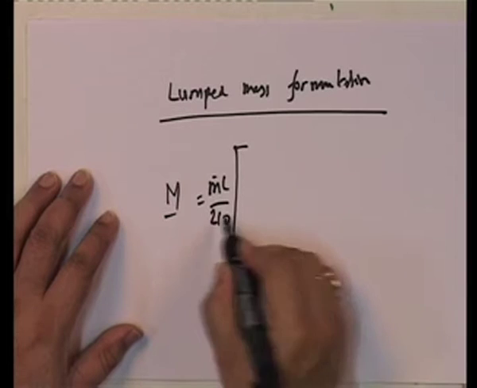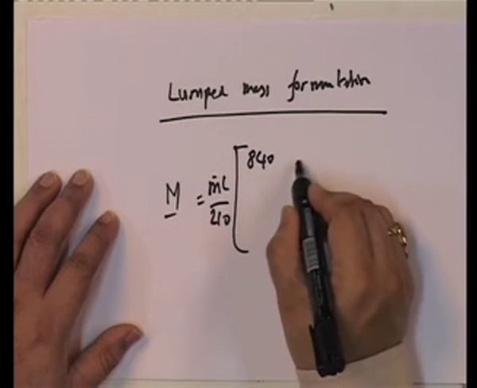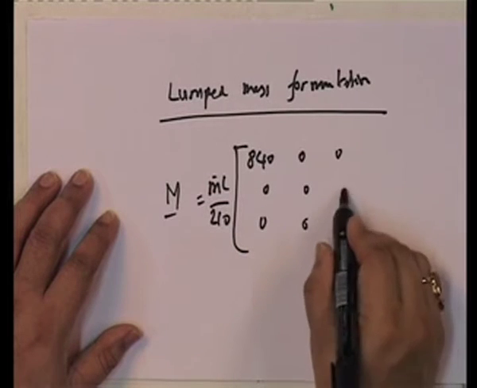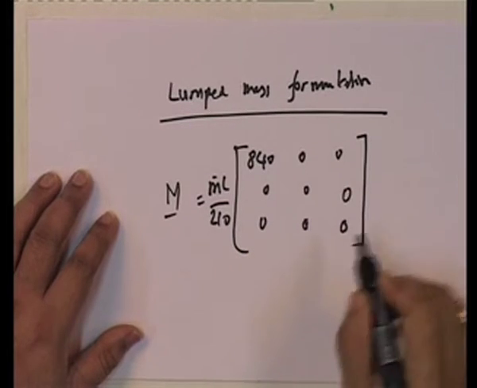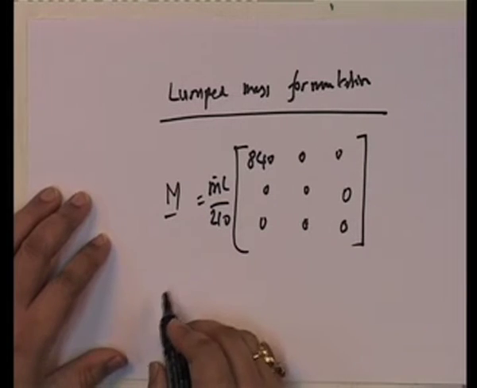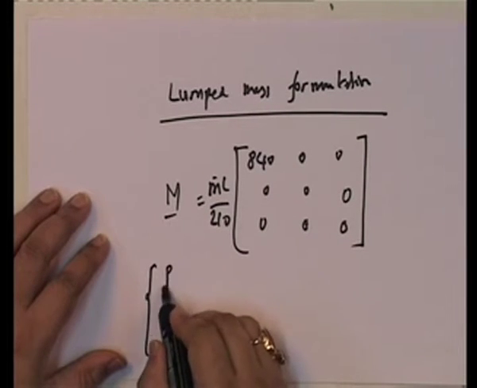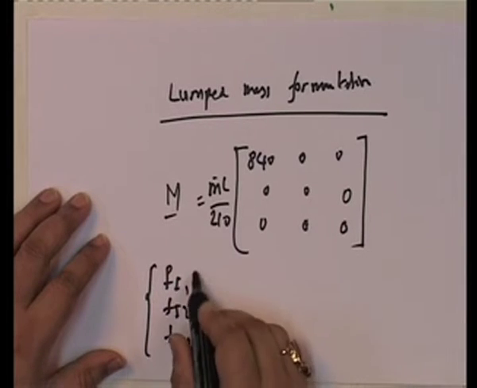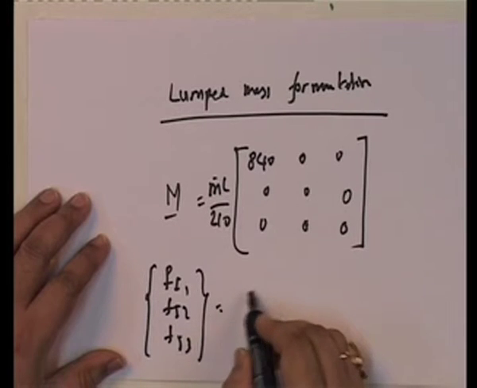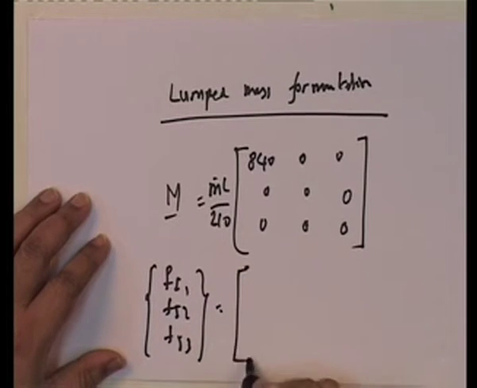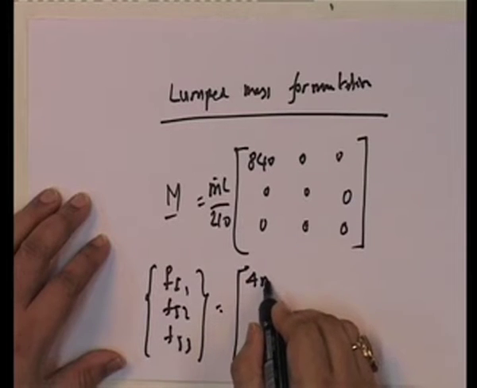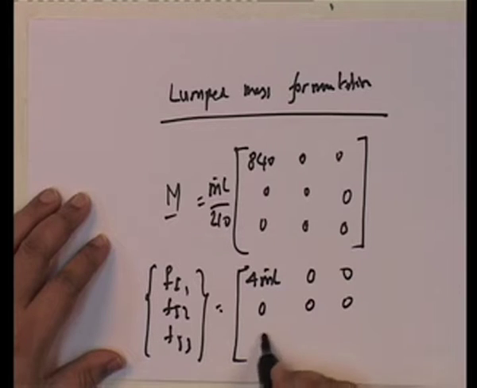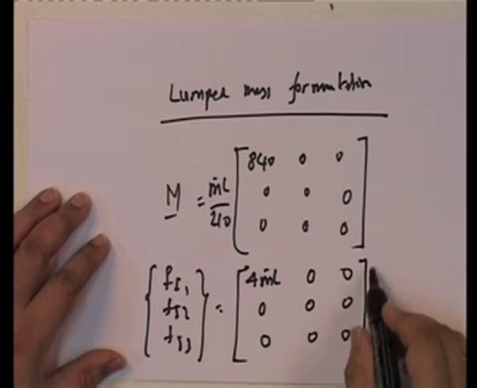I am going to put the same as I had put earlier: 840, 0, 0, 0, 0, 0, 0, 0, 0. This is my mass matrix. In other words, what we are saying is F I 1, F I 2, F I 3 is equal to, well, I will put it as 4 m bar L, 0, 0, 0, 0, 0, 0 into